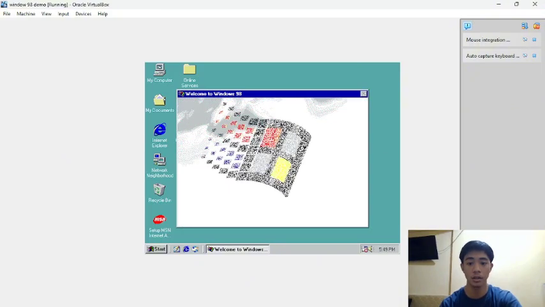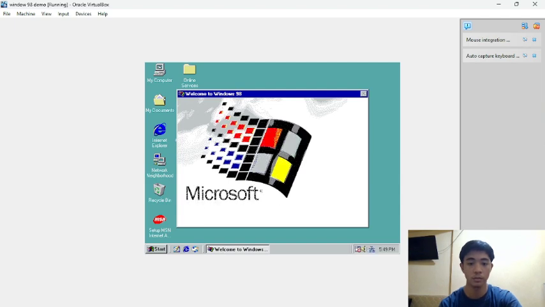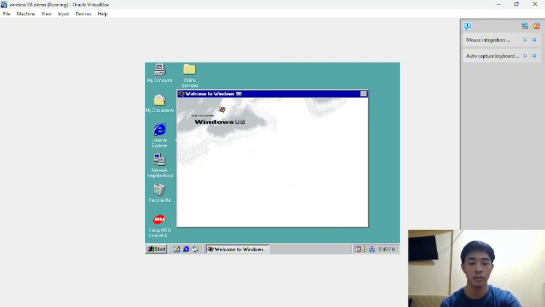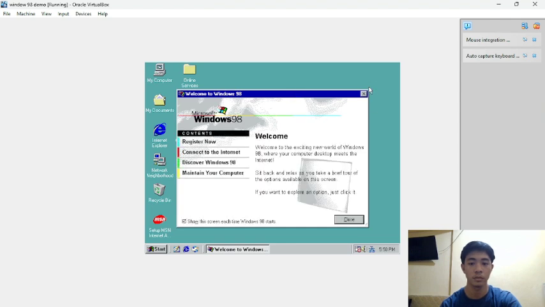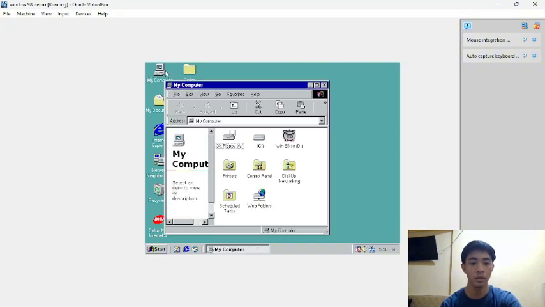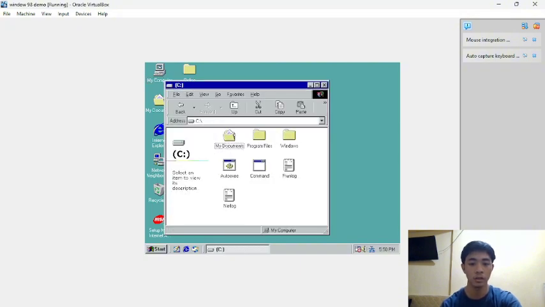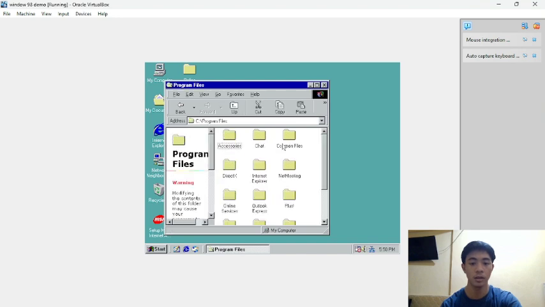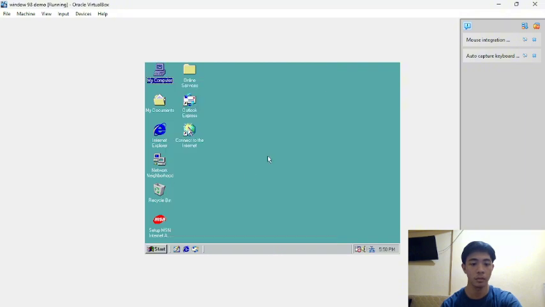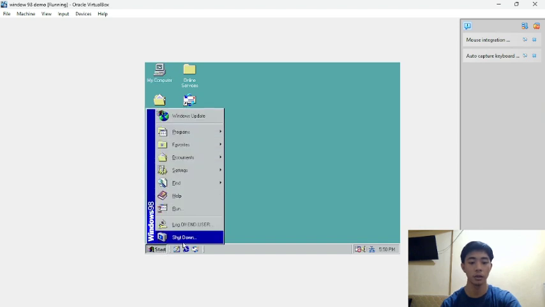It's finishing the installation. You can see your computer, data disk C, and program files there. And after that, it's already done and you can shut it down.